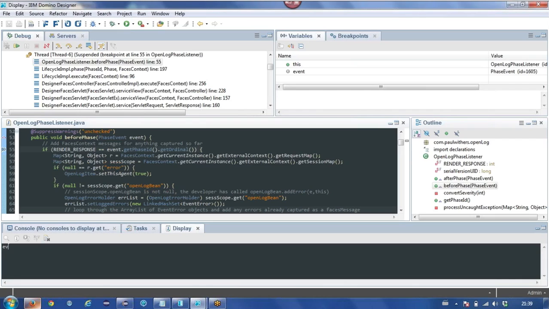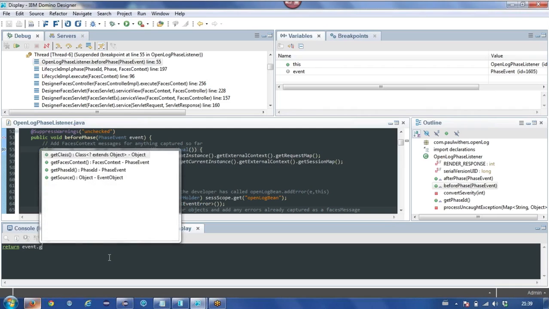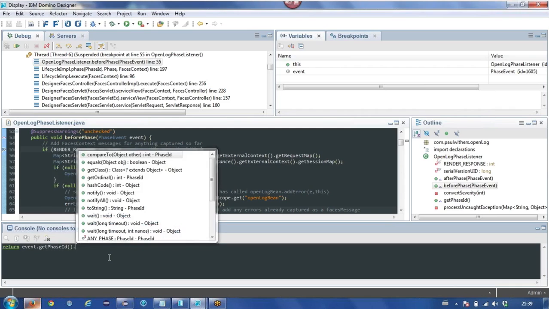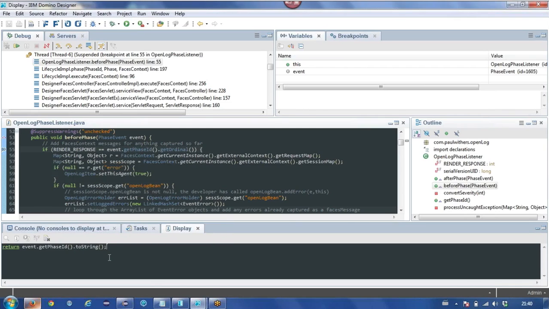So for example, here I can do return, because I want to print out a value, event.getPhaseID dot let's try toString.